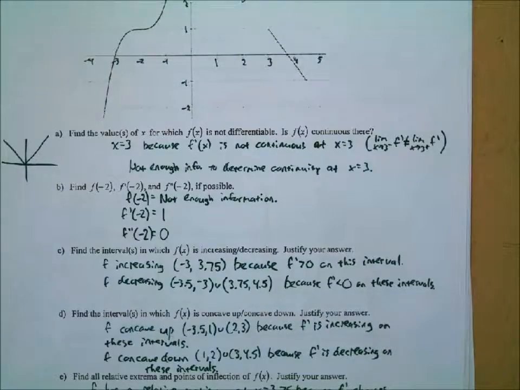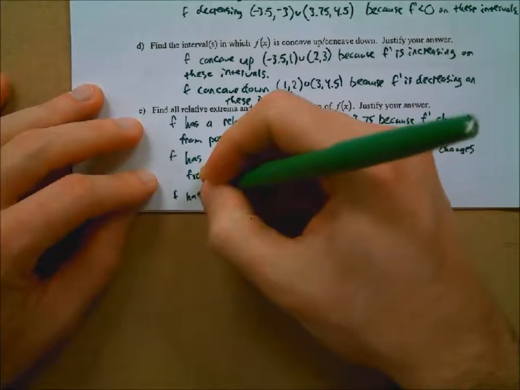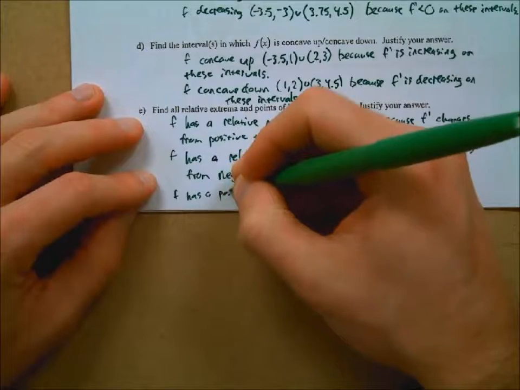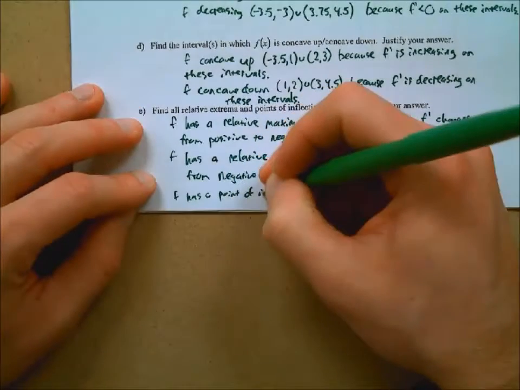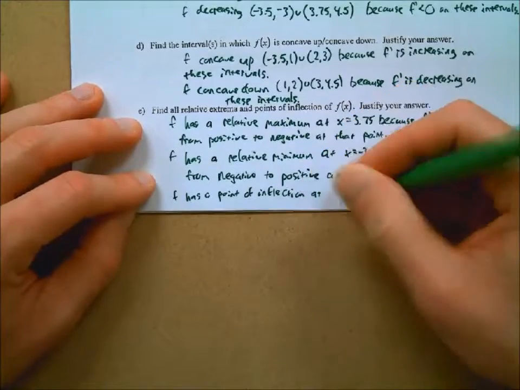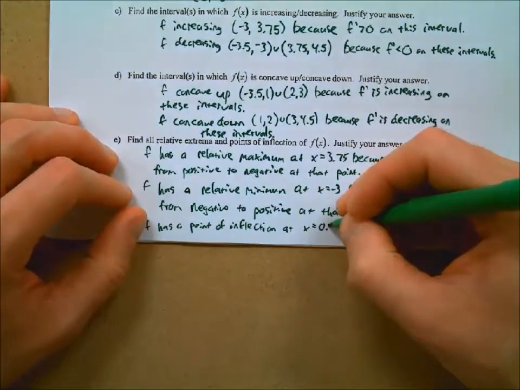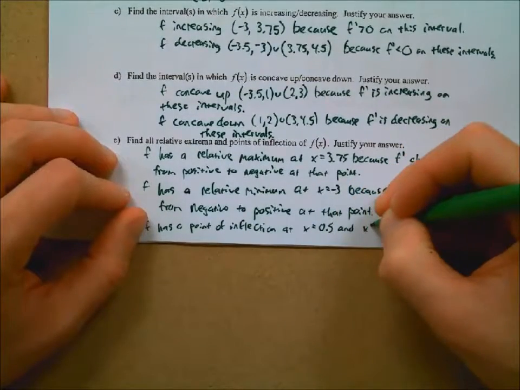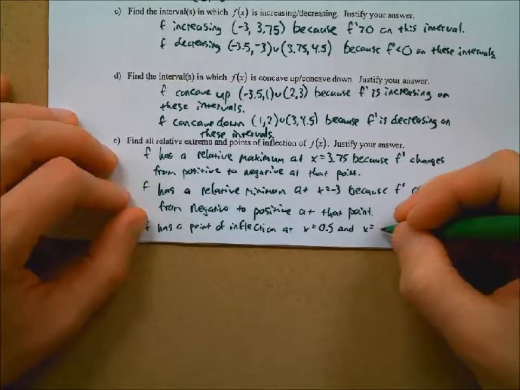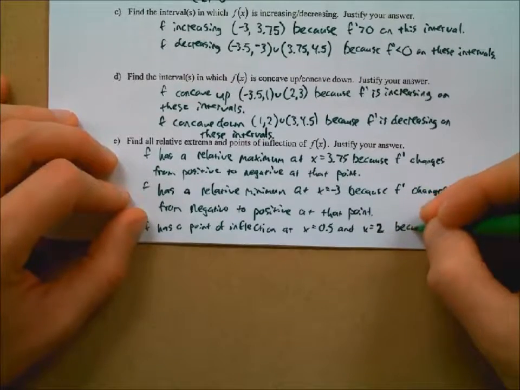So f has a point of inflection at x equals 0.5 and x equals 2 because,